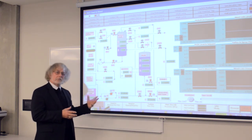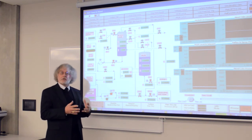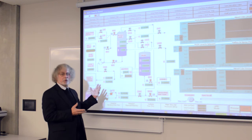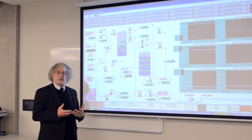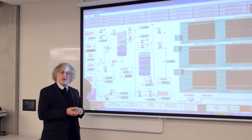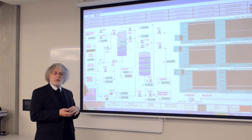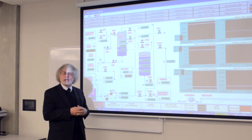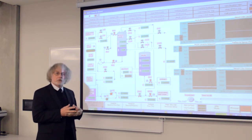When we deliver the plant operation program in either third or fourth year, it's really targeted at building from that platform of science fundamentals, giving the students some exposure to real-life plant systems, and then using the simulator as a tool to integrate and reinforce that knowledge. So we use it both in the lecture mode, as we're talking today, where I'm giving a very quick overview of this simulator, but we also use it as part of the portfolio for the students